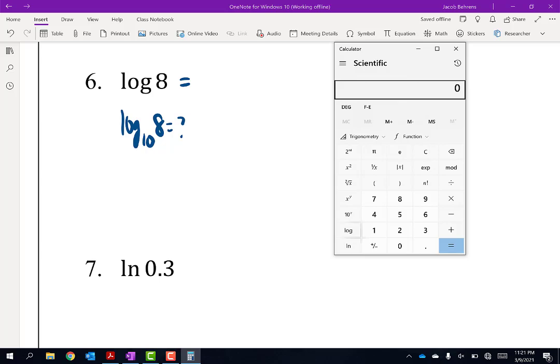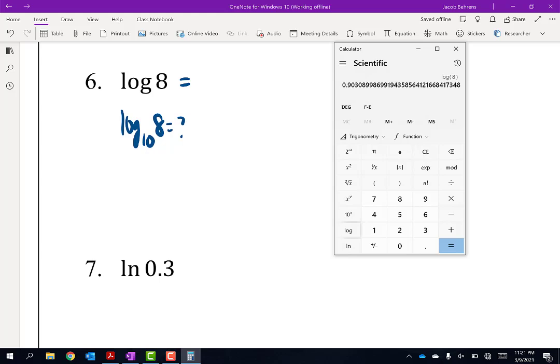Now, we've got to play around here a little bit to see how your calculator will do this. Sometimes you have to type in the number first and then hit log. Some calculators, you have to hit the log and then the number. So I'm going to try log and then, yep, okay. So it's giving me an invalid input right away. So on my computer calculator, at least, I have to make sure that I do 8 and then my log first. So if I'm trying to evaluate the log of 8, I end up with